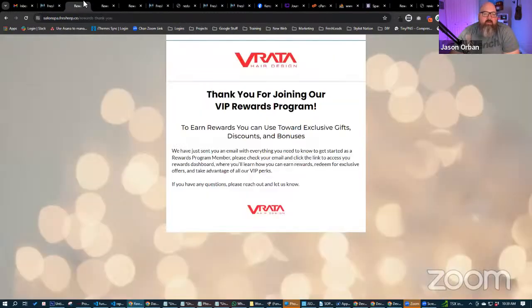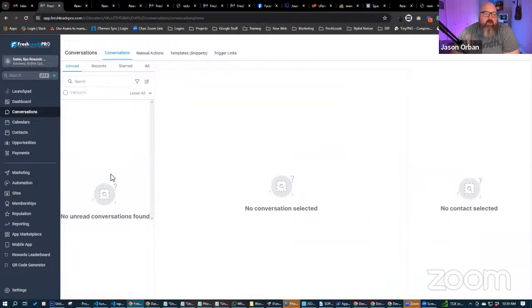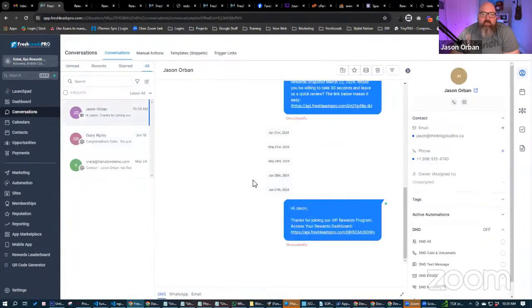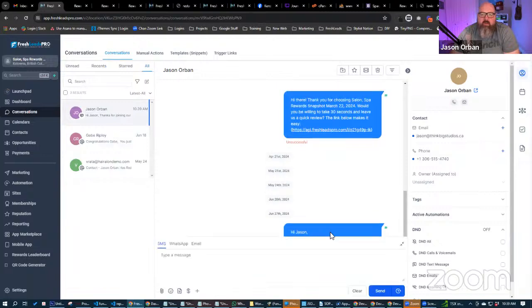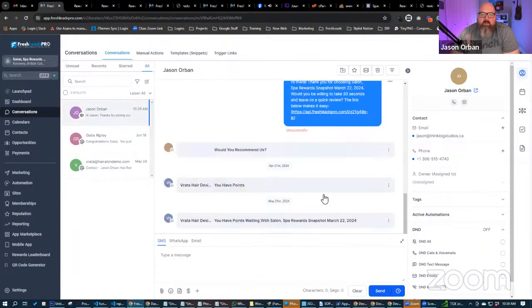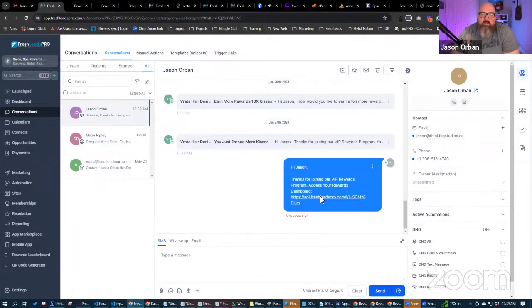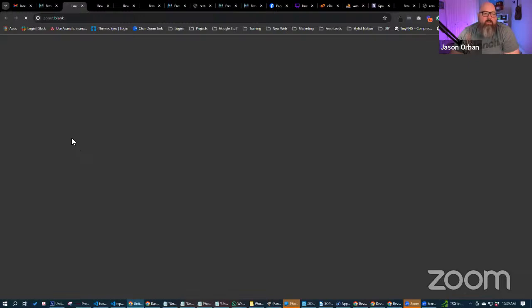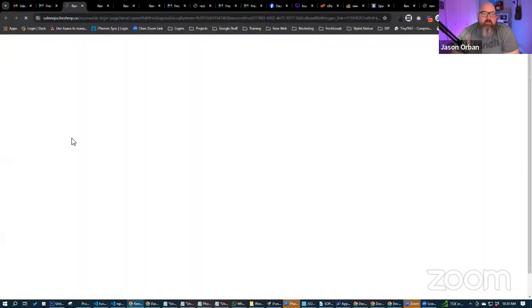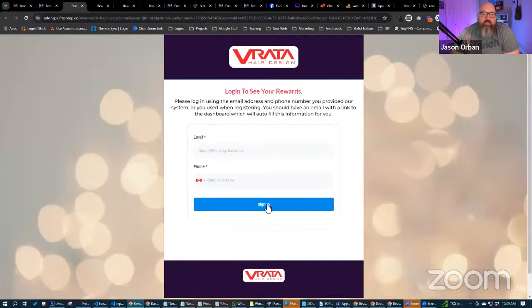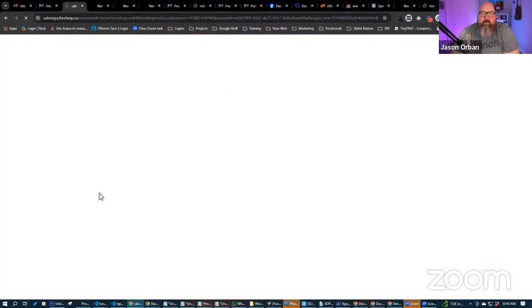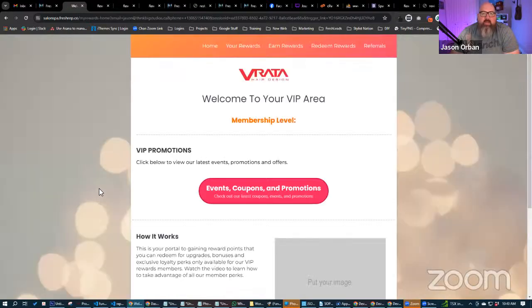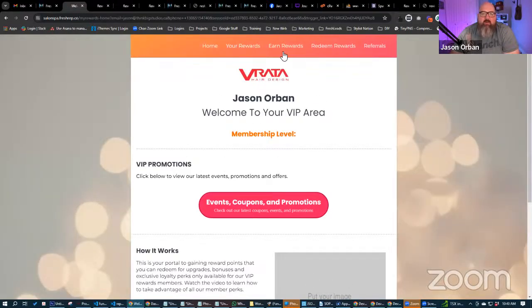Actually, I won't even go there. If we go to conversations and I click on all, it'll send me an email saying welcome. Here, let's click on that. It's going to open up the rewards dashboard. It'll put my information in so I can log in. And this is so I can see my back end stuff, right? So this is where we're going to get our reward